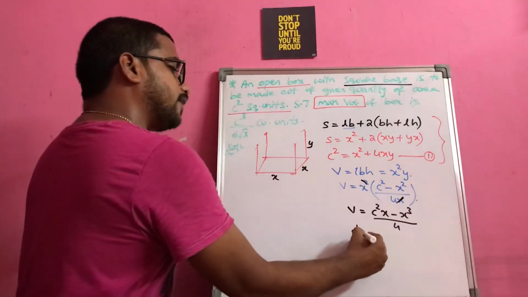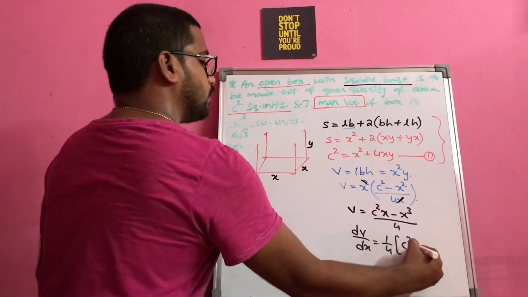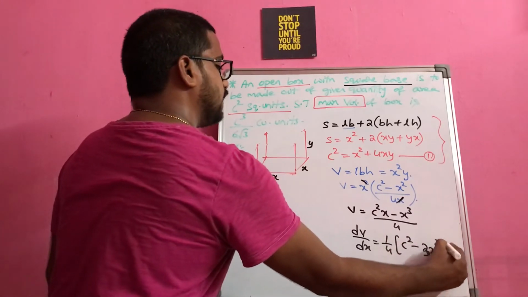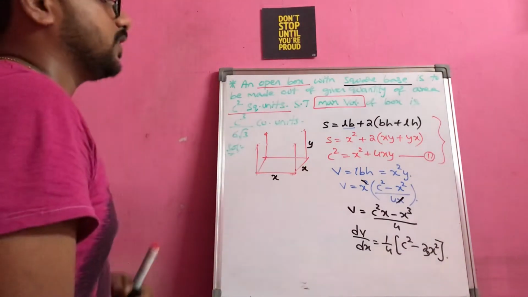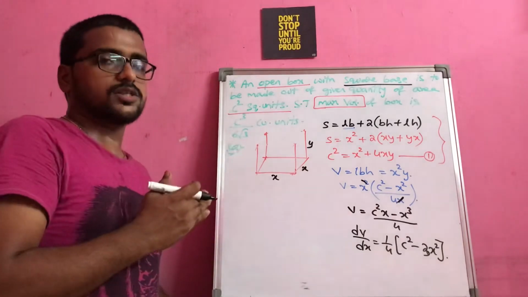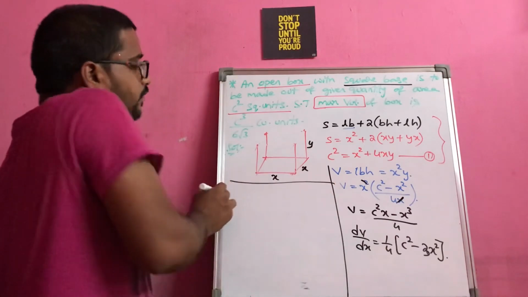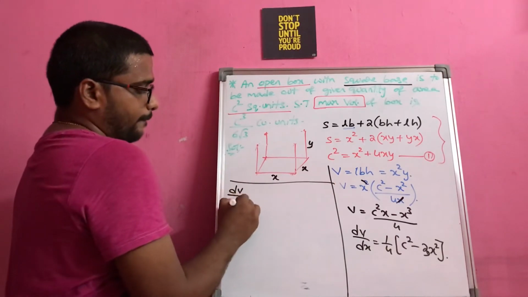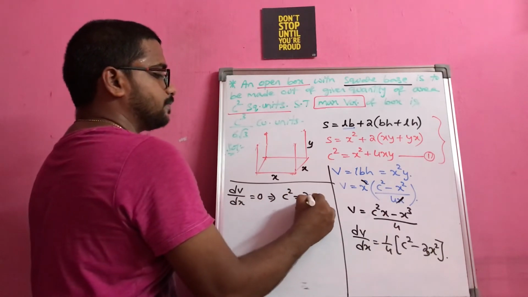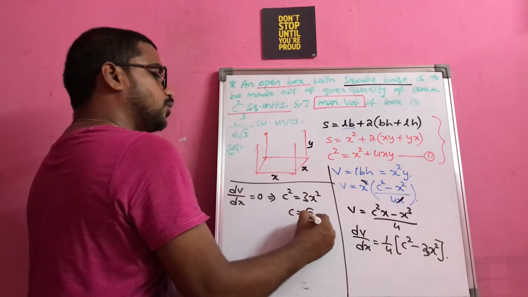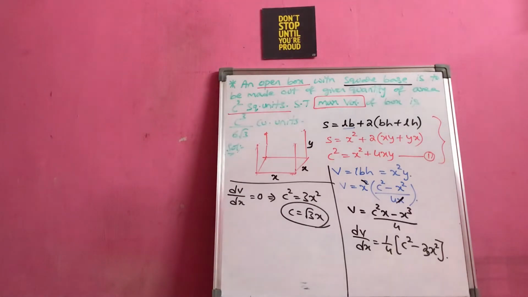V is equal to (c square x minus x cube) by 4. So I will apply differentiation with respect to x because my variable is only x here. So this will become c square minus 3x square, I am getting. Okay, x cube differentiation is 3x square, c square x differentiation will be c square, because c square is constant and can be pulled out, and x derivative is 1. So if you equate this dV by dx to 0, what will I be getting? c square equal to 3x square. So c is equal to root 3 x, I am getting.